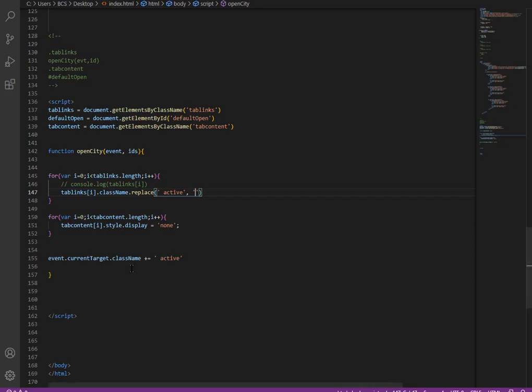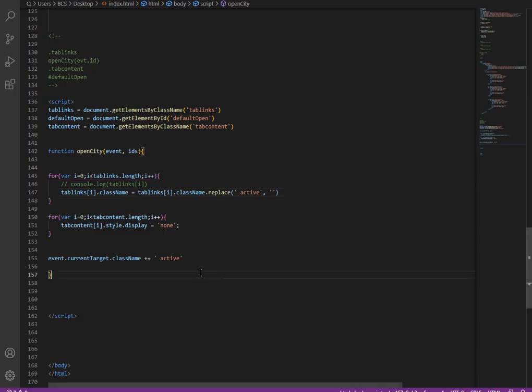Refresh this, click on Paris, click on Tokyo. Once we replace this we want to assign this to the className, and now you can see we are able to replace the active class on each click, and that's cool. It is because of this.